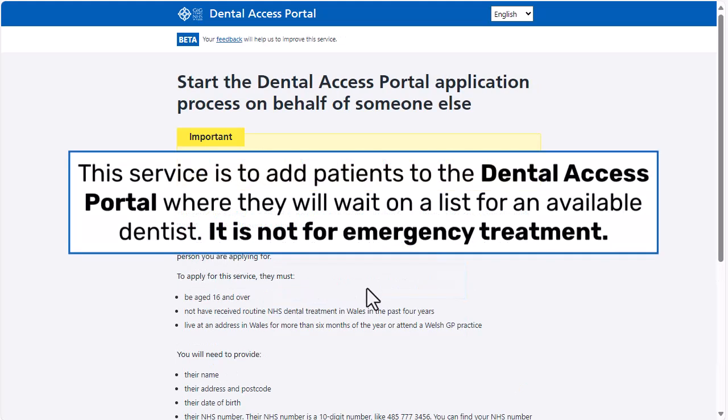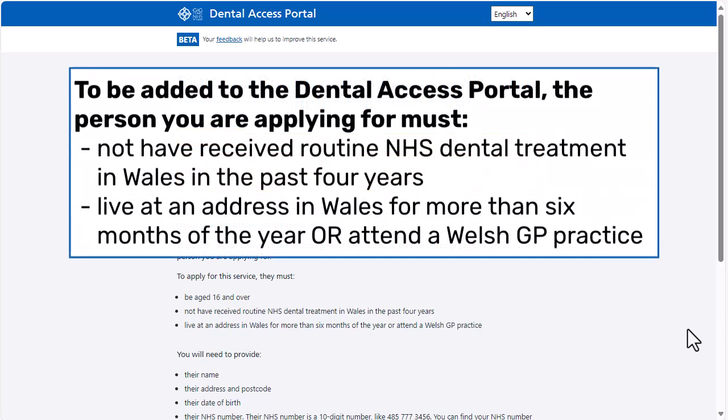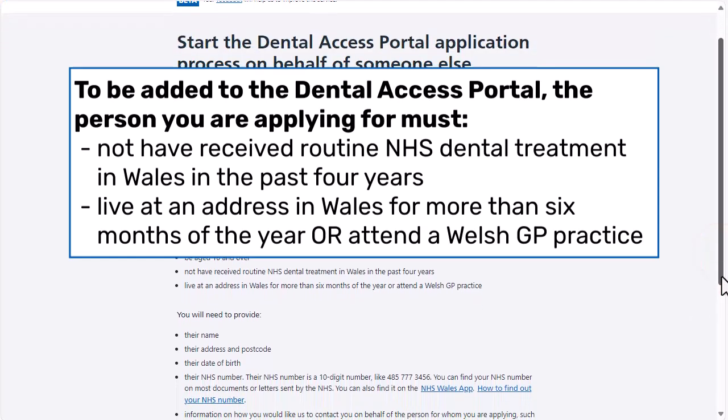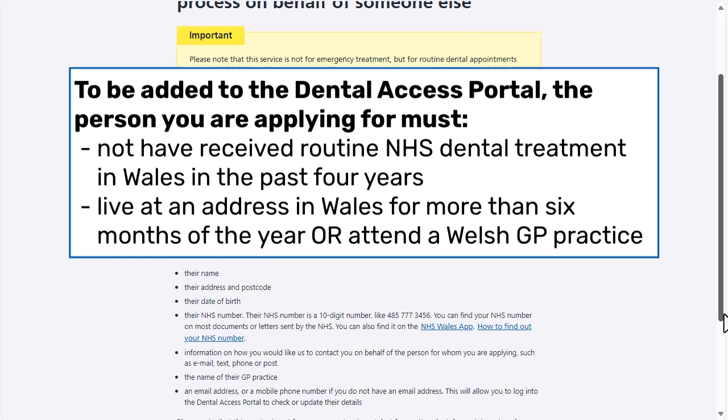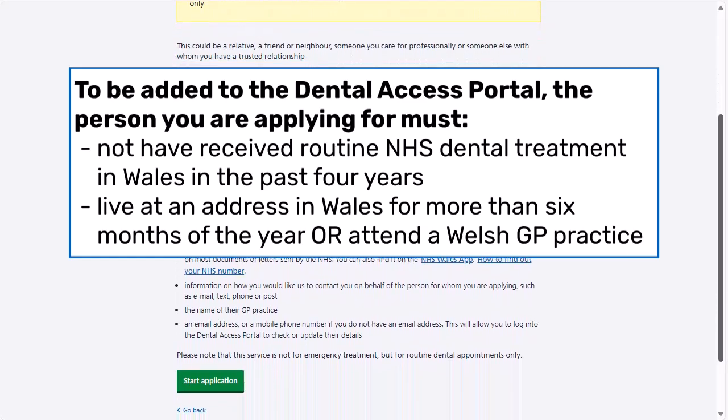This service is to add patients to the Dental Access portal, where they will wait on a list for an available dentist. It is not for emergency treatment. To be added to the Dental Access portal, the person you are applying for must not have received routine NHS dental treatment in Wales in the past 4 years. They must live at an address in Wales for more than 6 months of the year or attend a Welsh